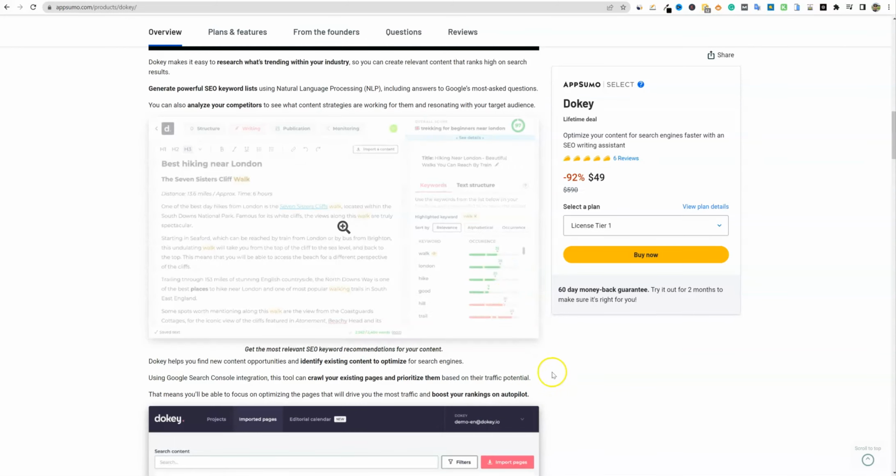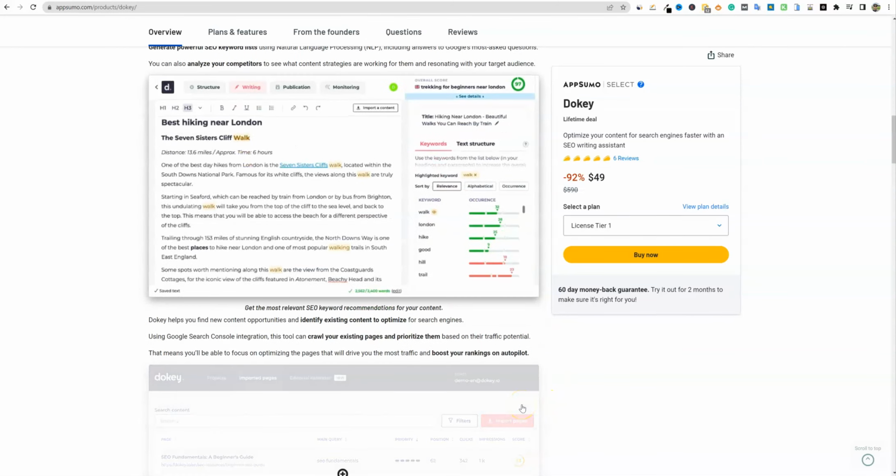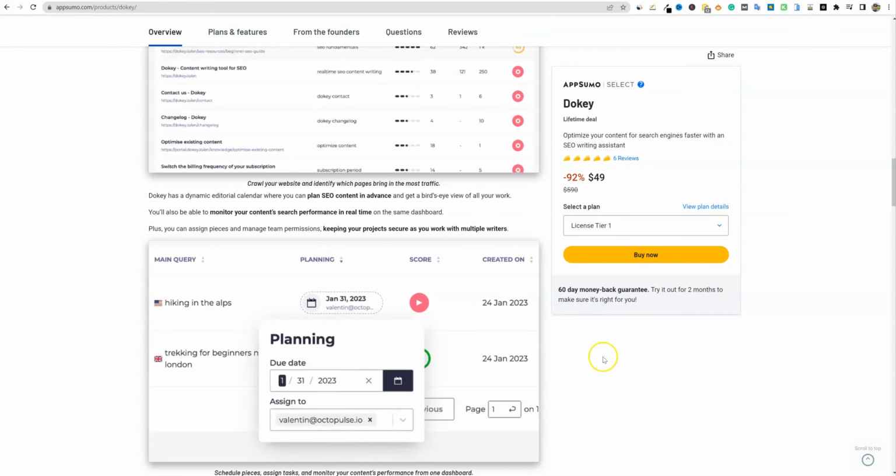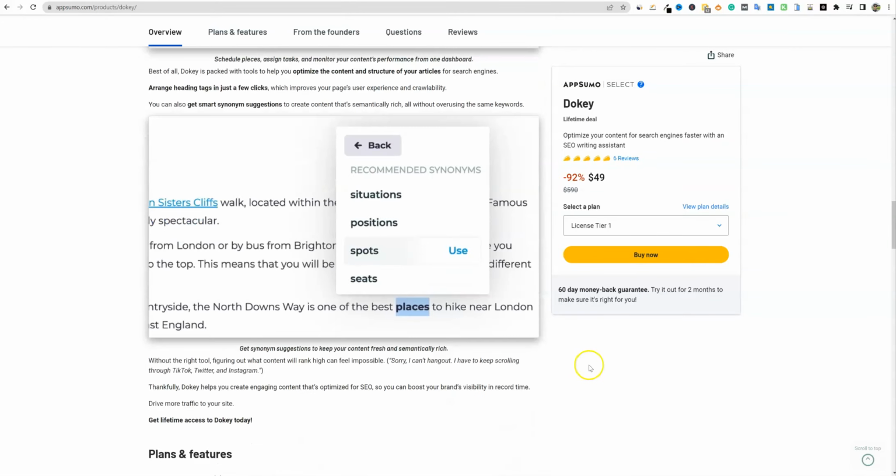But basically you can see right here that it's going to go out and research the top ranking content and top ranking articles for a particular search term on Google, like all these tools do. And then it's going to help you create an outline. After you have your content written, you can also go in here and fine tune it and optimize it to rank high in Google. So we'll go and check it out.